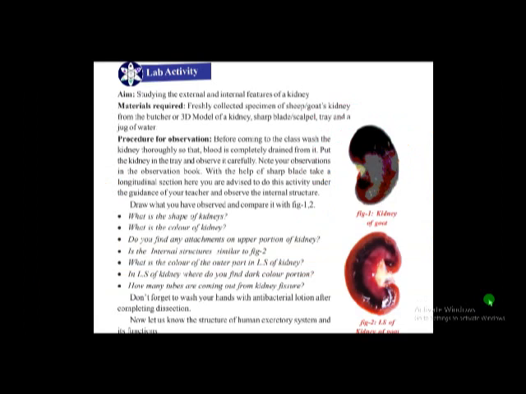For this purpose, we take a goat or sheep's kidney, and we cut the kidney longitudinally with the help of a blade. To conduct this activity, we need scissors, a blade, a tray, water, etc. If we cut the kidney, we observe the following parts: the outer portion and the inner portion. This is a longitudinal section of the kidney. The outer portion is called cortex and the inner portion is called medulla.